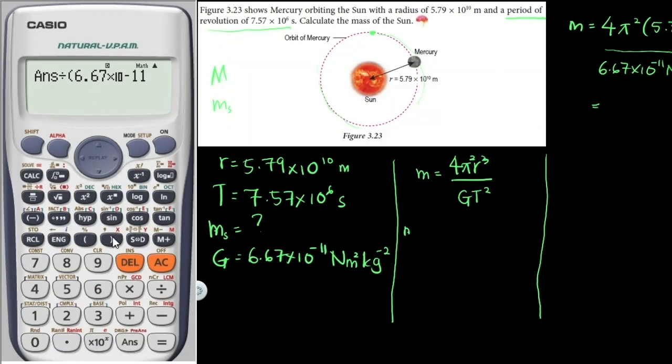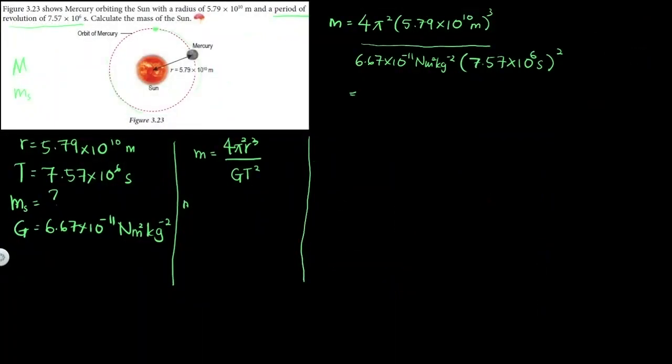So we get this one, and then divide by the square of 7.57 times 10 to the power of 6. Let's square it, then we should get this number. So the mass of the sun here is equal to,